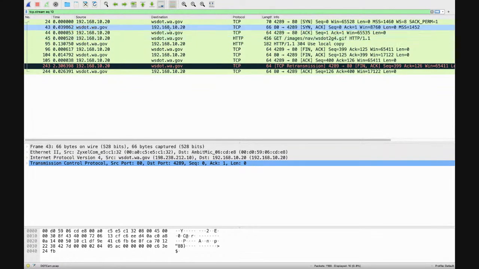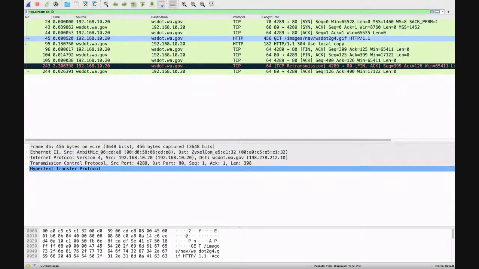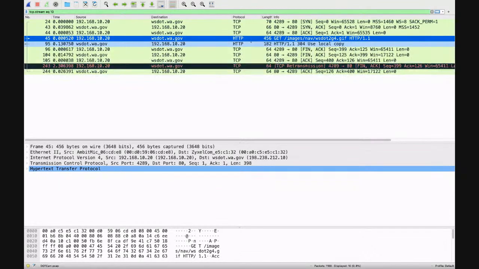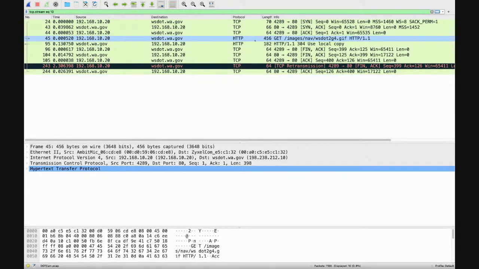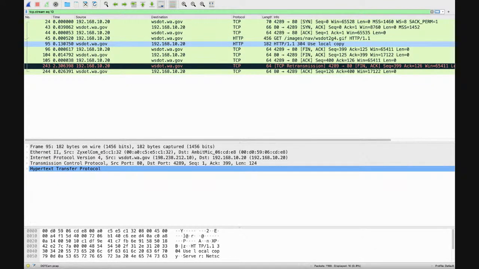Now, when I come in here, I can see that I then send an ACK. That's the third part of my three-way handshake. So I've completed my three-way handshake. That is great. Okay. Now, I can come in and I can see that I sent a HTTP GET. Now, this was back in the good old days before HTTPS, and we could actually see what was going on in our packets. But here we send our HTTP GET. Now, our HTTP GET, it takes us 130 milliseconds to get a response from the server.